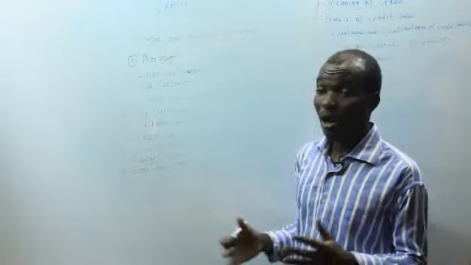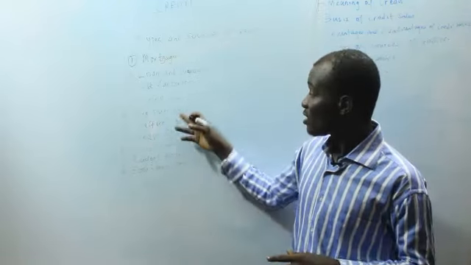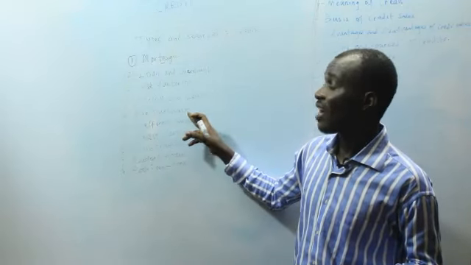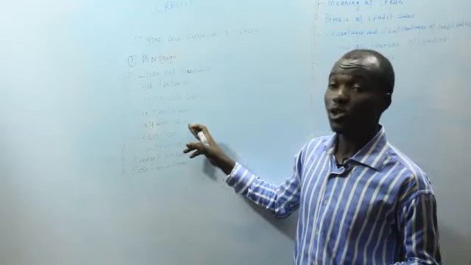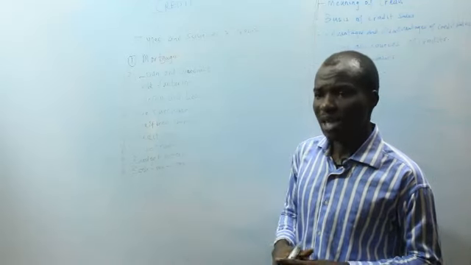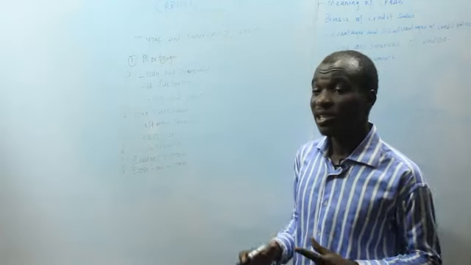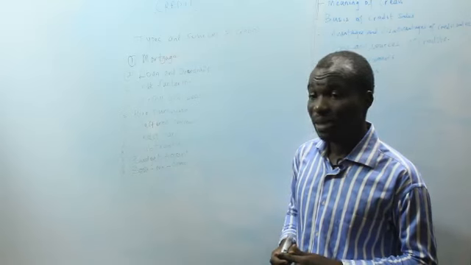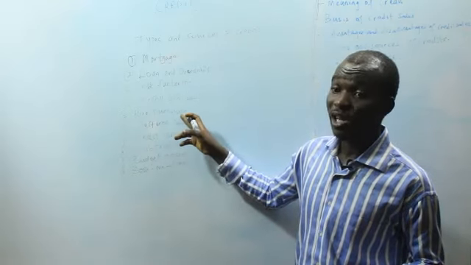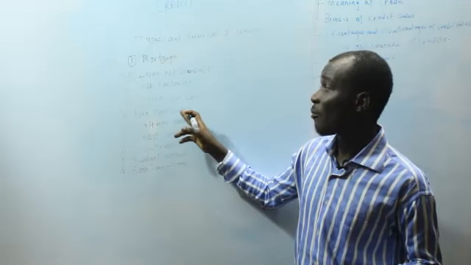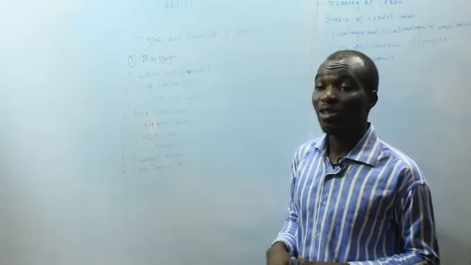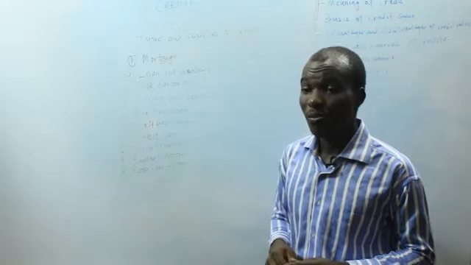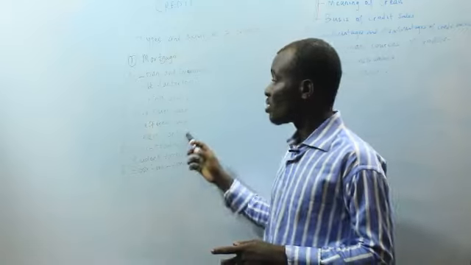That means there are always some similarities between them. One similarity is that in hire purchase the buyer has possession, and in deferred payment the buyer also has possession. As for differences, in hire purchase the seller can repossess the goods, but in deferred payment the seller cannot repossess the goods.